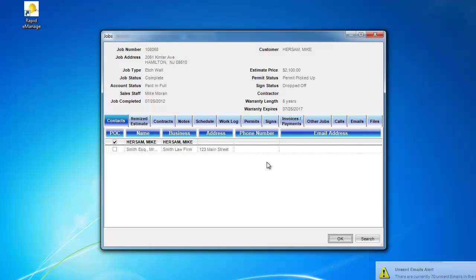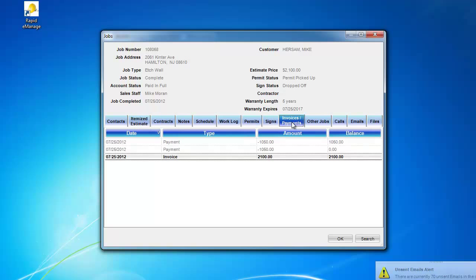Here we are. The jobs page in Rapid eManage handles all aspects of servicing a new or a repeat customer. The jobs page encompasses a lot of functionality, from preparing an itemized estimate and submitting a contract to the prospect or repeat customer, to the contractor completing the job and the customer completing payment. As a result, the jobs page gets a lot of use by our customers, so it's important to know how it is constructed. Components of the construction include a row of blue details tabs